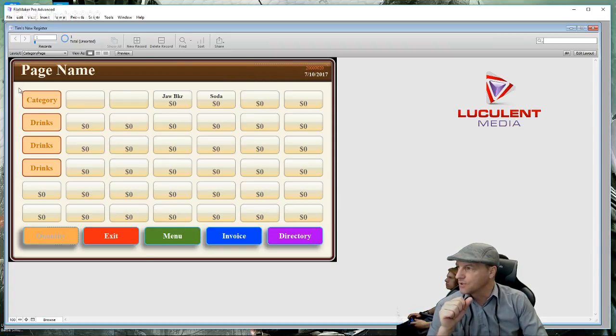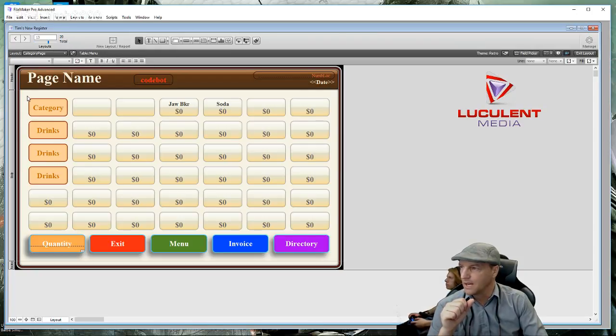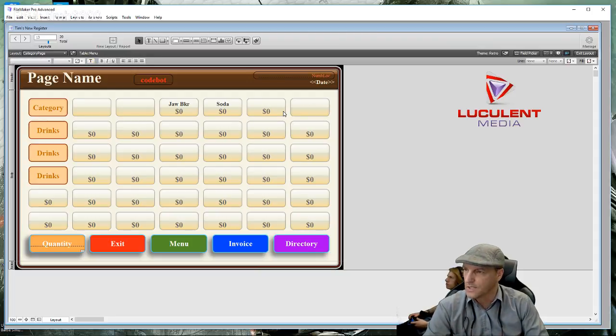But I'm going to make some changes. So I want to edit the layout here really quick. And in my category page, I want all of these to be categories and not necessarily products. So I want to get rid of all of these boxes on my category page, because there is no such thing as